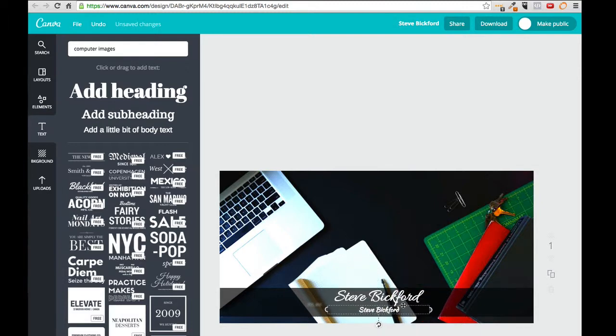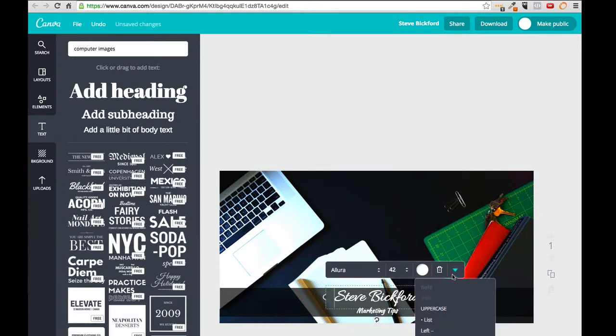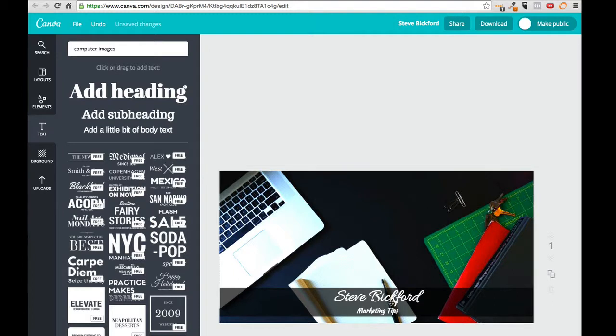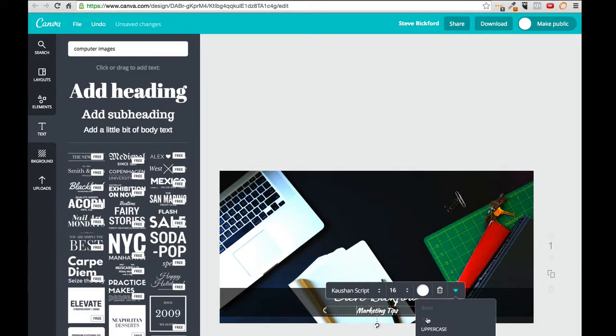So we're just going to center this back up. And I'm going to change it. Oops. Didn't mean to drag it. I'm going to change it to read marketing tips. There you go. So the bottom portion's done. Real simple. This top one, I think that looks like it's bolded. Well, I guess that's the way the original was. I didn't think I had any unbolded, but since these are grayed out, that must not be an option for